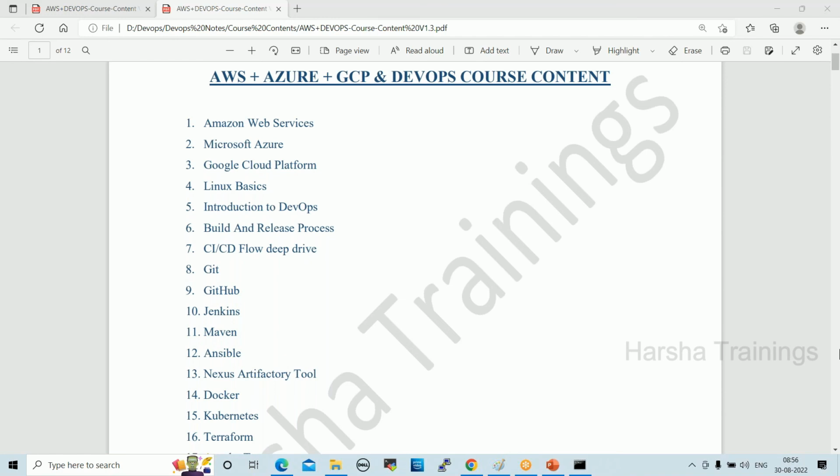Go ahead, please. I have one doubt. I'm looking for both DevOps engineer as well as cloud engineer roles. I just want to know if most of the services in AWS are covered in this course, or do I have to take a different course for AWS? I'm looking for both roles, so no need to take another course for AWS right now.